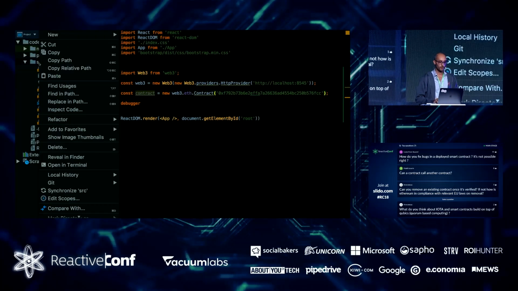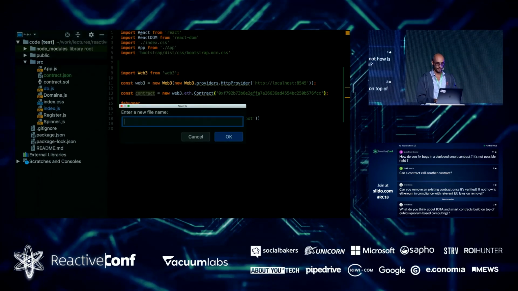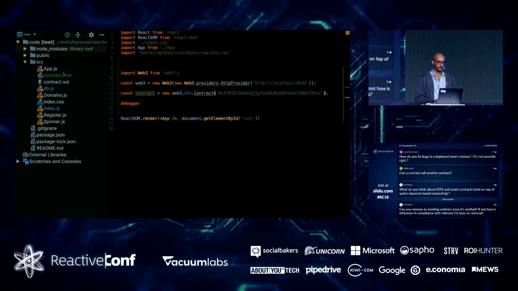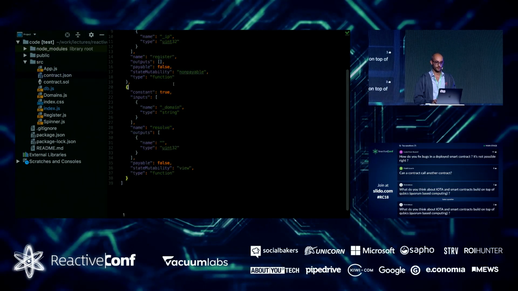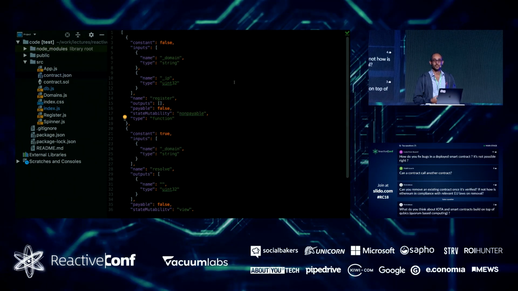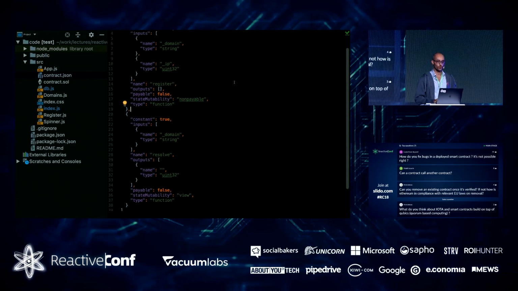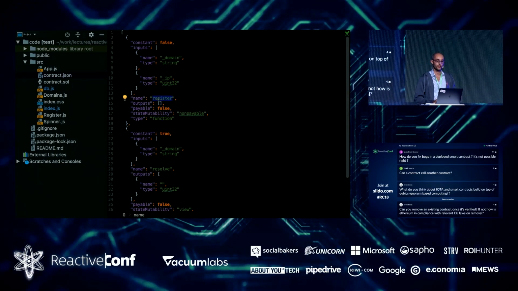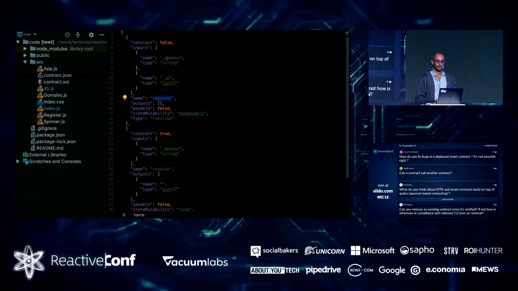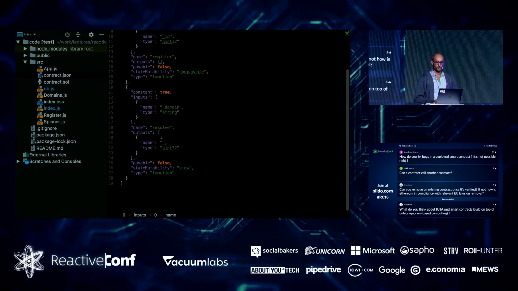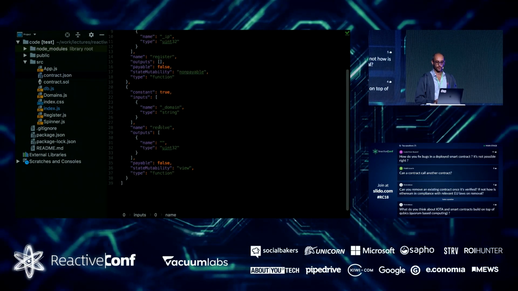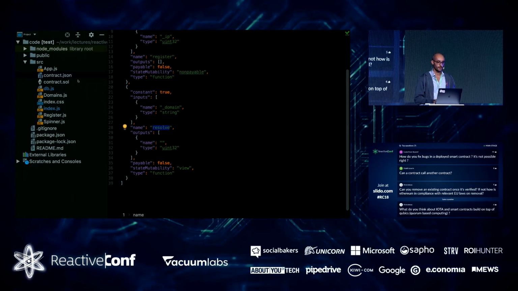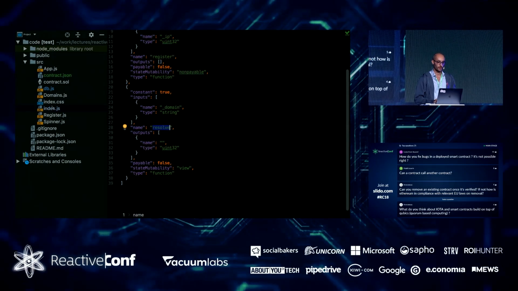And copy it inside my project, a new file, contract.json. Oh, it already exists, perfect. I'm going to overwrite it with a new contract. And as you can see, the ABI is just a basic JSON file. Currently, it has 2 objects inside an array. The first object describes the function whose name is register, and it gets 2 parameters, a domain and IP. And the second object, again, a function that's called resolve that gets only 1 domain. So that's our header file for the contract. And we'll have to use it to be able to communicate with the contract.